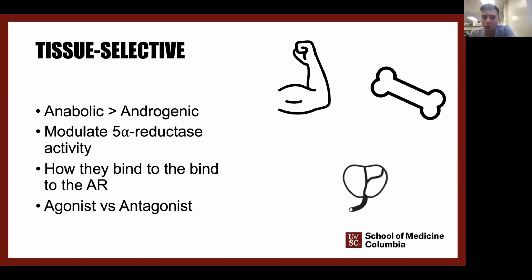So again, these compounds are tissue selective, so they can act as agonists or antagonists. In skeletal muscle and bone, it's going to be activating this receptor, and in the prostate, to a certain degree, it's going to be blocking or antagonizing it. But I want to hammer home that this is a spectrum, not a check mark, and not a light switch of on or off. How these compounds interact with the receptor is going to be a degree of change throughout.